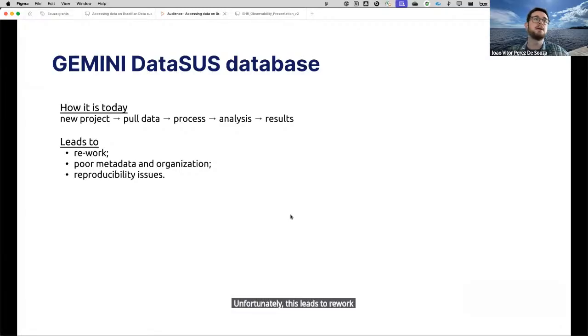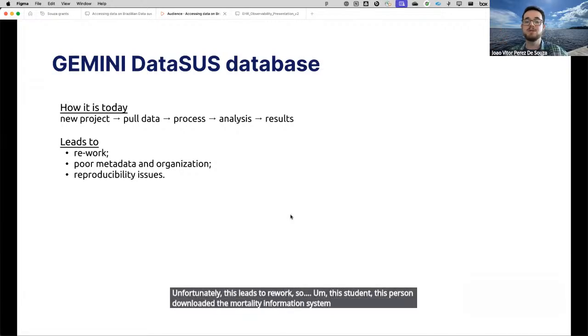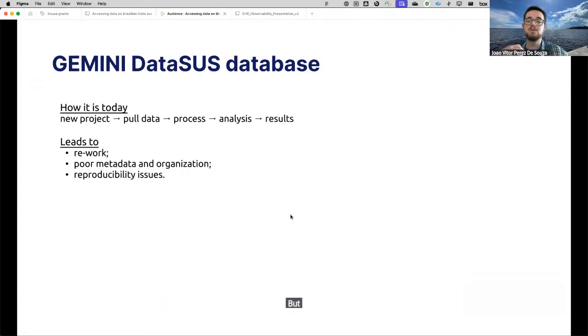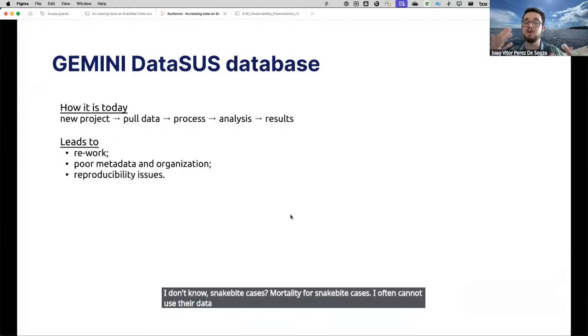So this person downloaded the mortality information system for a tuberculosis project. But if I want to use the same system for, I don't know, mortality for snake bite cases, I often cannot use their data because it's not organized and not documented.